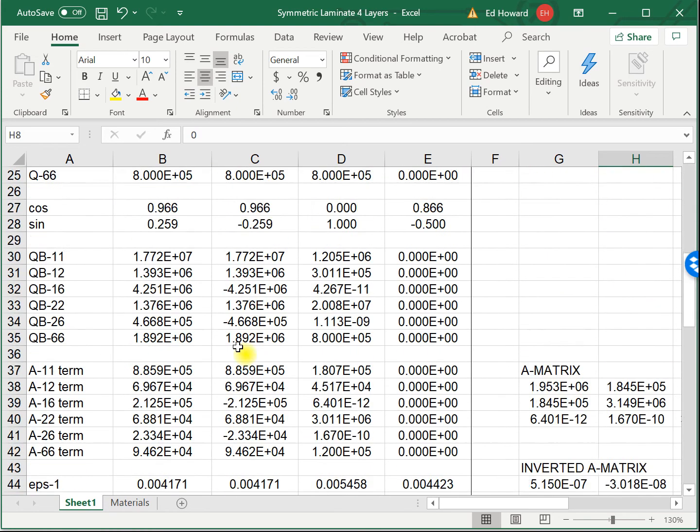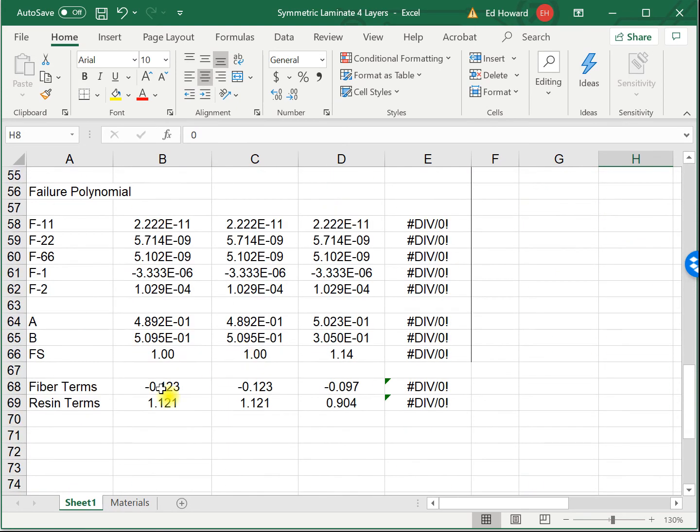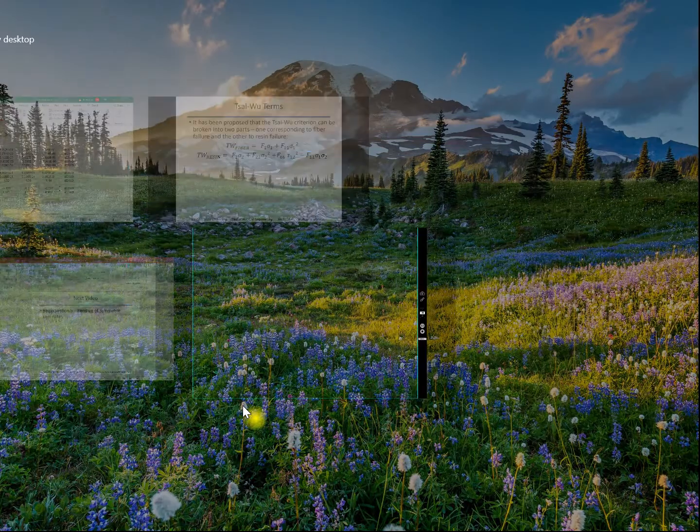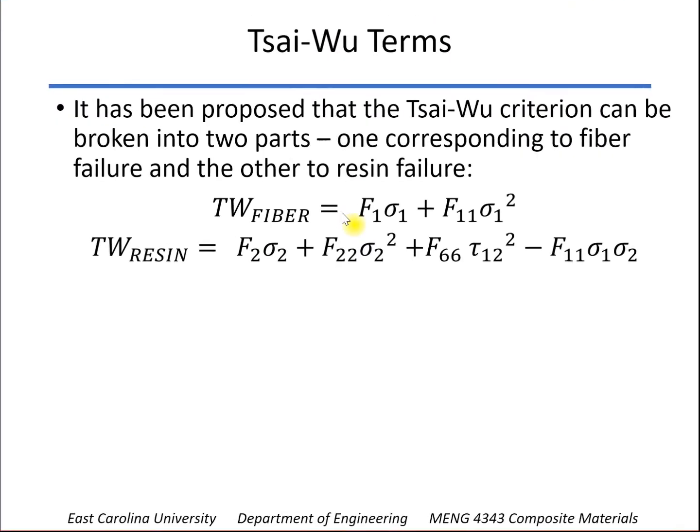Now if I move down here, what I've done is added those fiber terms and resin terms. So you can see that this would indicate that, hey, the fibers aren't breaking here. It's just the resin that's failing. And the resin failure, it may not be, in fact usually is not going to be a catastrophic failure. So how do we deal with that? Let's go back